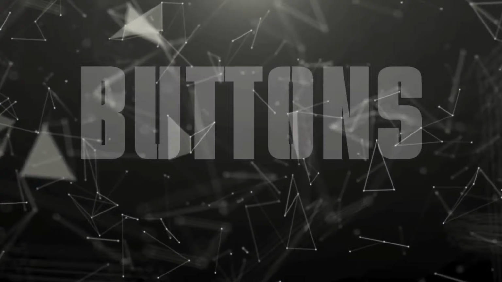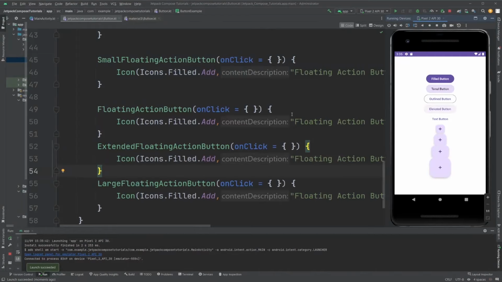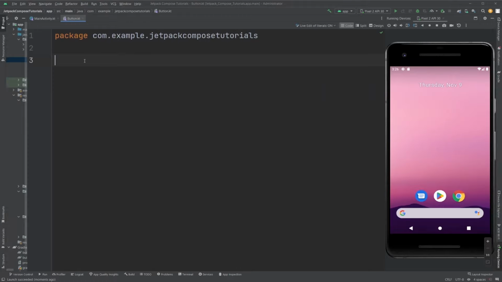Now this is it. Button component of the Jetpack Compose. They are fundamental components that allow our users to trigger a defined action. There are 5 types of buttons, and one by one I'm going to show you all of those. So first let's see the filled button. What's the filled button? It's a simple button, and for that purpose I'm going to create a first composable function,